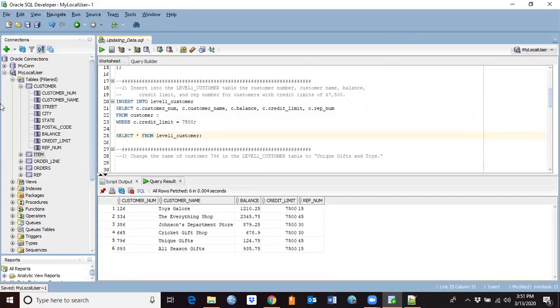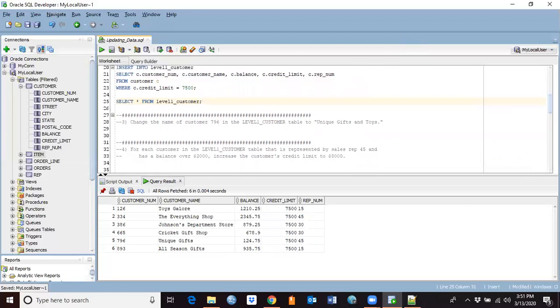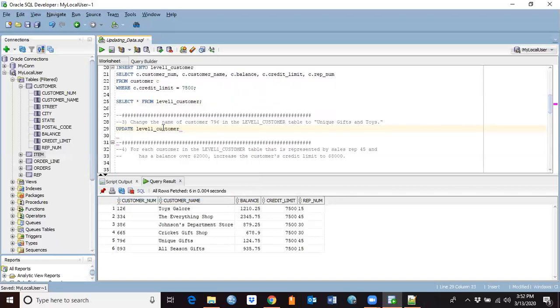Okay, so moving on to number 3 here: change the name of customer 796 in the label1_customer table to unique gifts and toys. So 796 is here. Right now the name is unique gifts. We want to change it to unique gifts and toys. The command we are supposed to use is the update command. So we are going to say update label1_customer